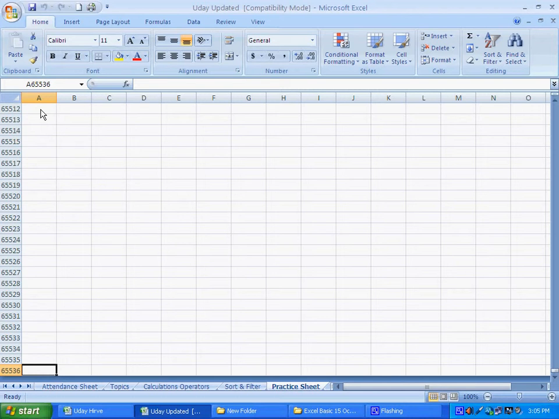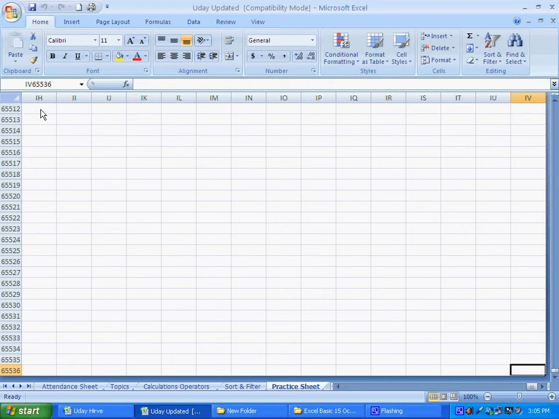Now similarly, try Control right arrow. As soon as you press Control right arrow, you have come to the last column of your spreadsheet, that is IV. Roman numerals, IV. Now you are in the last row and last column of your Excel spreadsheet.